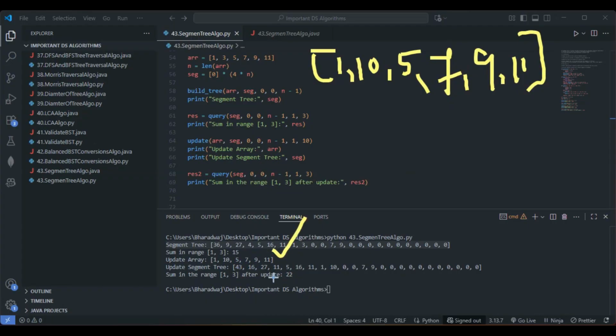So in the updated segment tree, when we sum up, this one itself basically gives 43 16 27. It can be of any order. If you are getting any other order, that is also correct. Order doesn't matter, right? So this is fine. Now again, what we are doing in the last step, as I have said,